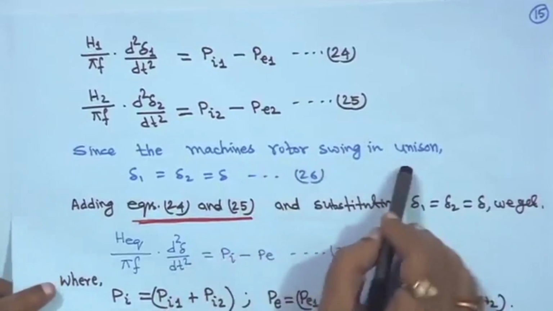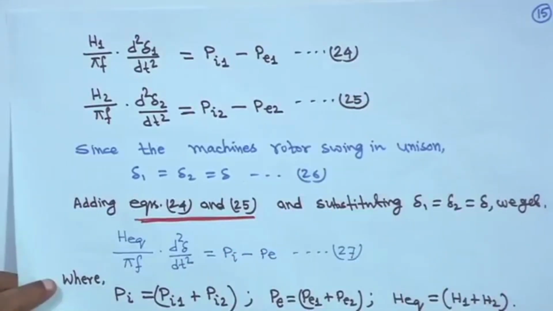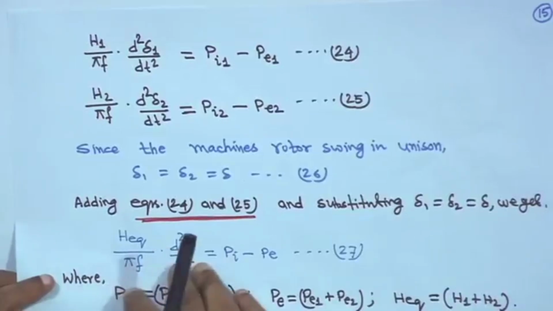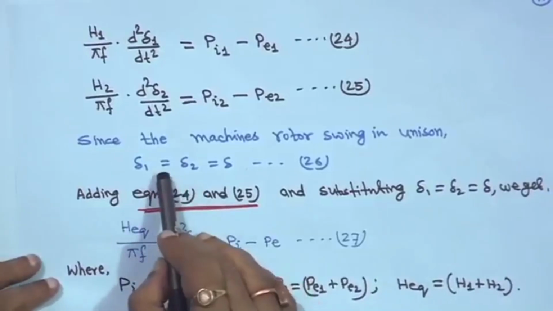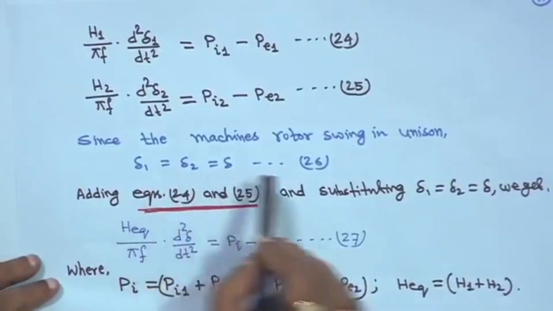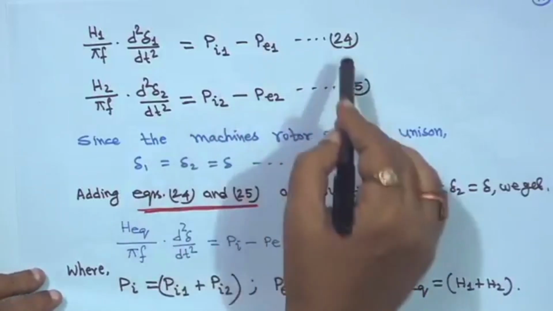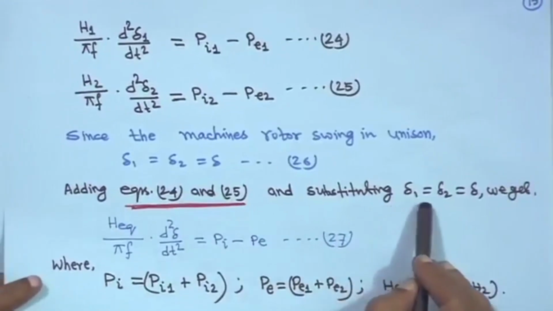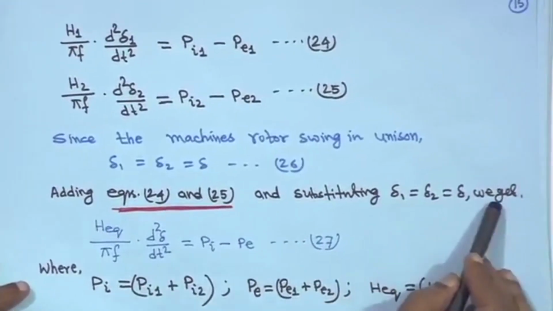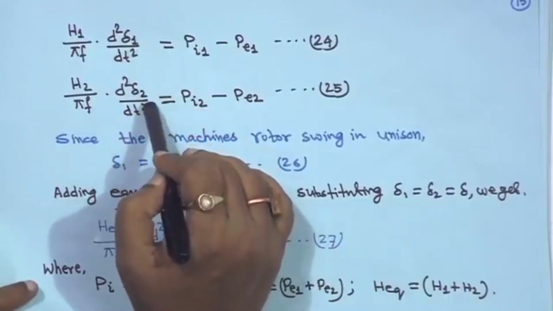Since the machine rotors swing in unison, that means, as I told you, they are in a coherent group, that means their increase or decrease of the speed remains the same. We can take then delta 1 is equal to delta 2 is equal to delta, this is equation 26. So, if you add equations 24 and 25, substituting delta 1 is equal to delta 2 is equal to delta,